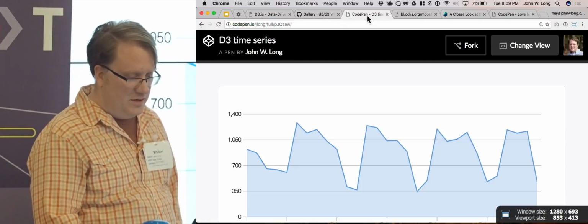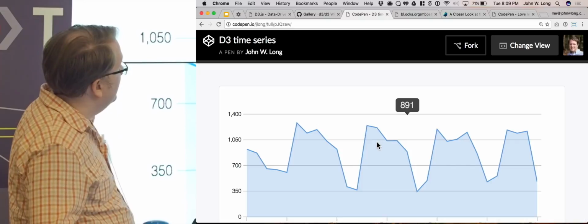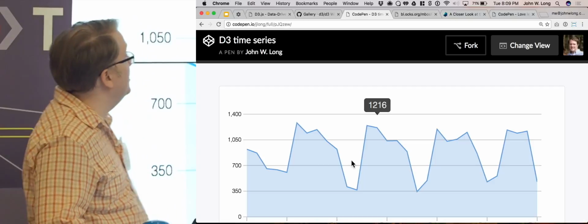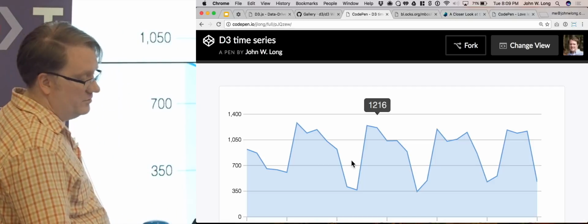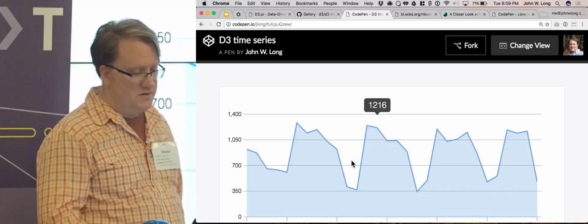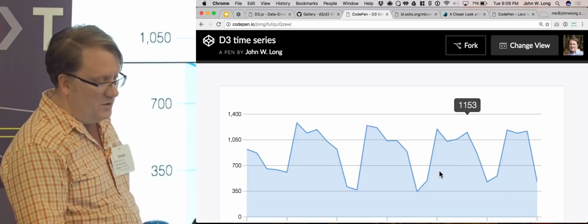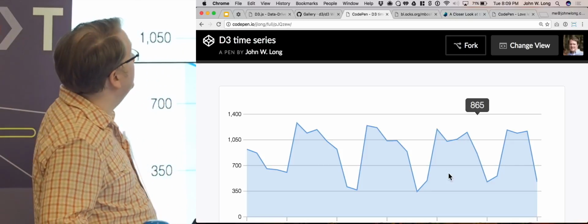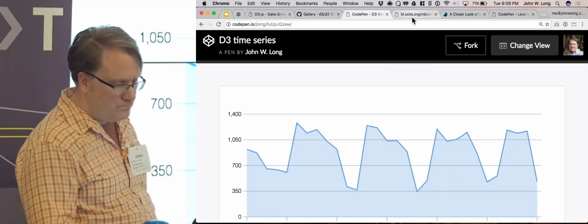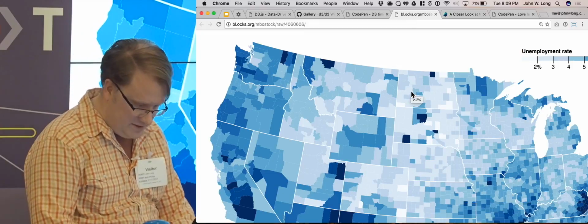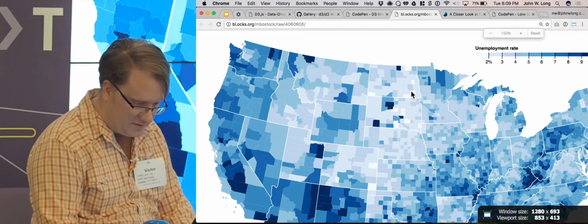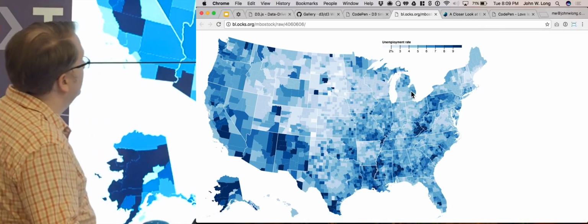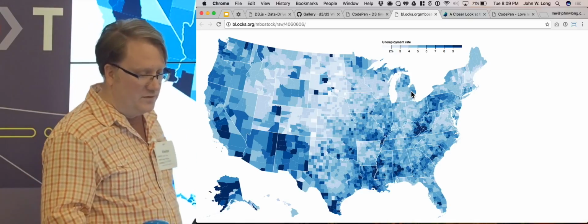I thought I would give you some examples. This is one that I've worked on, more of a timeline series chart where you have a bunch of different events with different values taking place over time. So you can do things like bar graphs and boring stuff like that. You can also do some crazy stuff with geolocated data, coloring maps with different things,